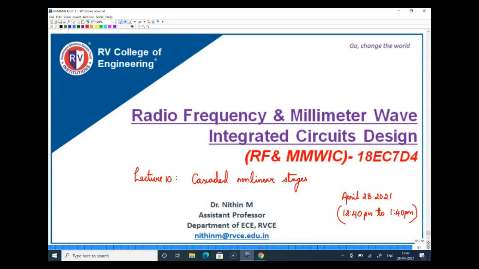How much is the third order intermodulation product in a nonlinear system, and what will happen if the IM3 product amplitude rises more than the prescribed or specified values. So we understood two performance metrics, and in today's class we are extending the idea of non-linearity,